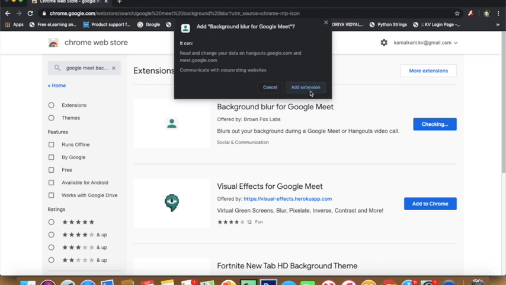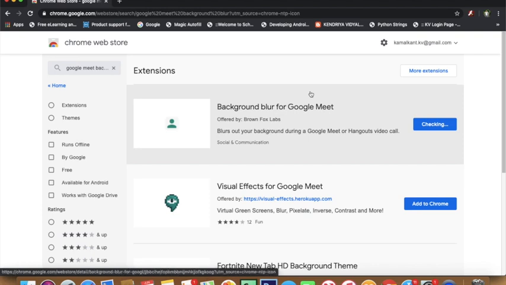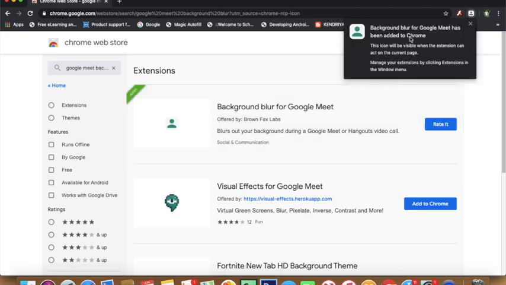Just click on Add extension and the extension will be added. Now a pop-up menu will show you how that extension button looks. So there you have that extension button. Whenever you want to blur your background of Google Meet, just click on this button and it will blur your background. I will show you how it is done.